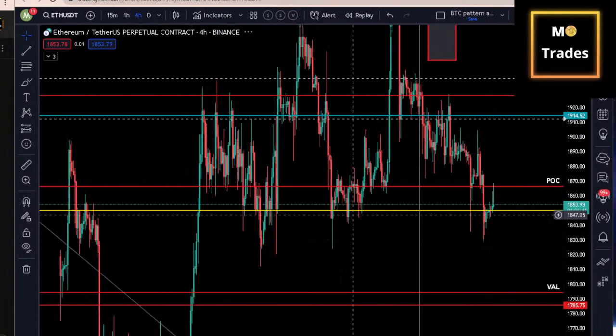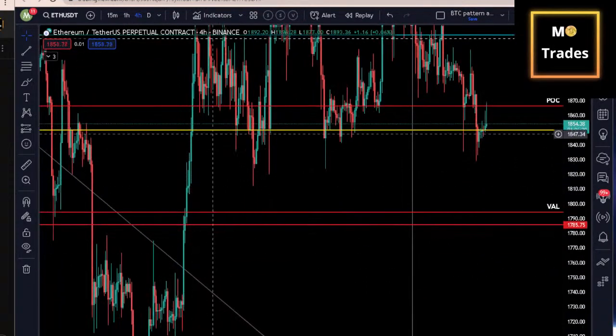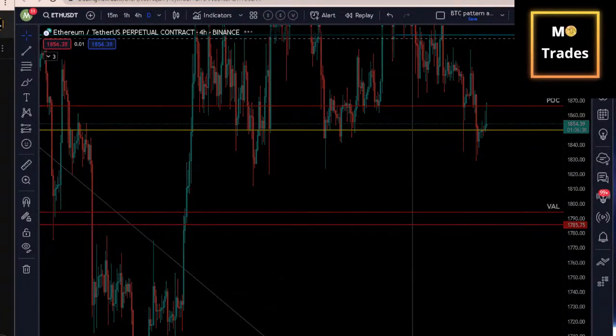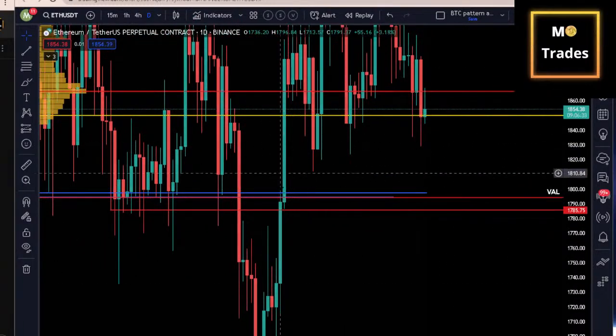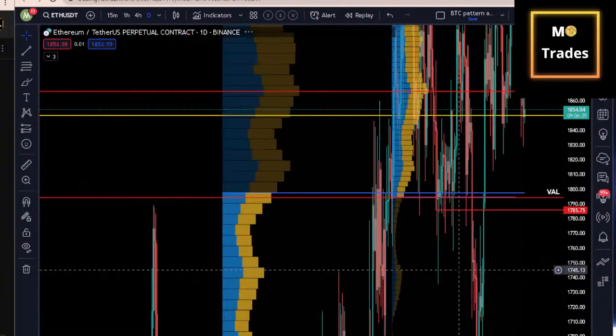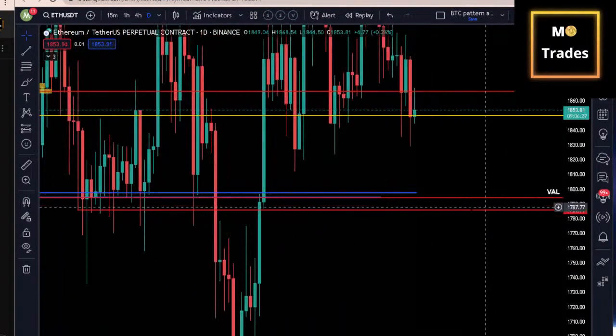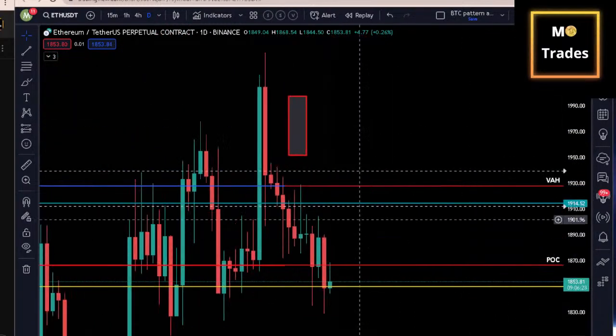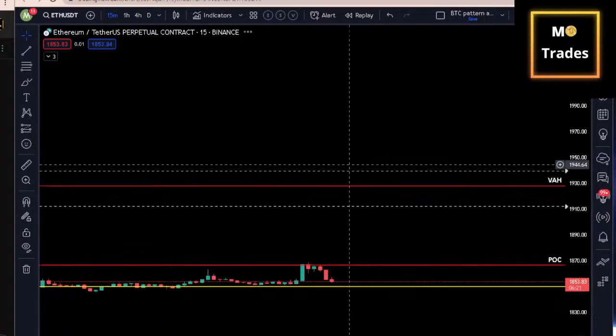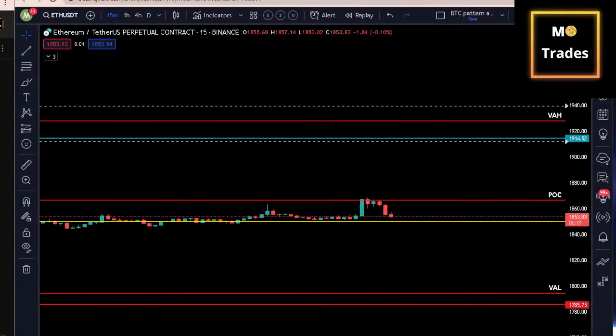Of course, the opposite can happen because we have this area of insufficiency. You need to be aware of that. We have these two big green candles over here. Bitcoin can come halfway at least, test the value area low of this entire range, and then bounce off maybe. But if we're having the Fed's rate coming up, and if we're having the FOMC,